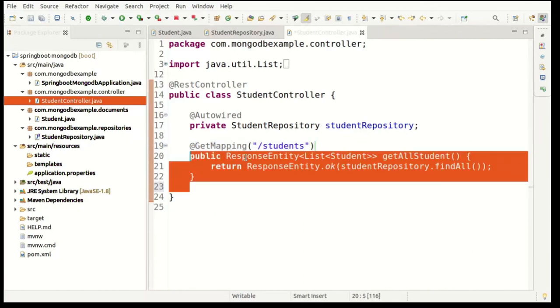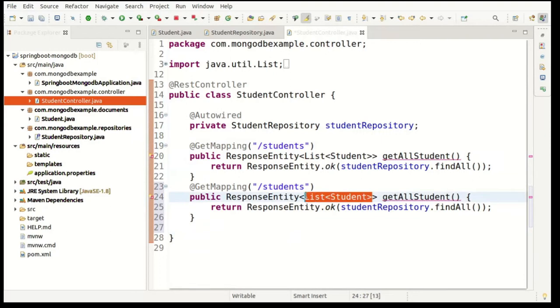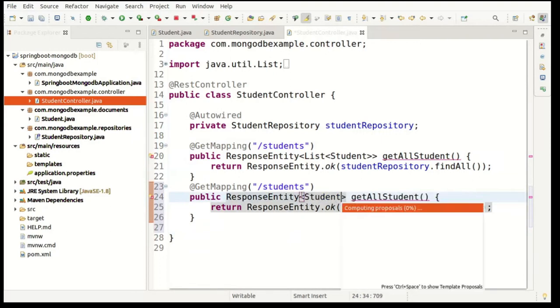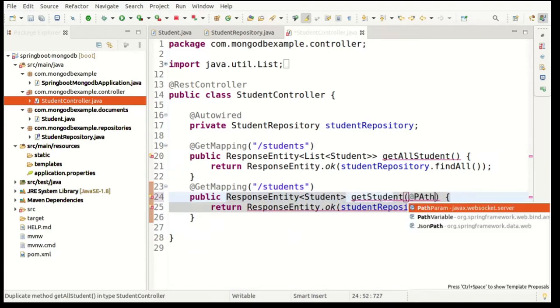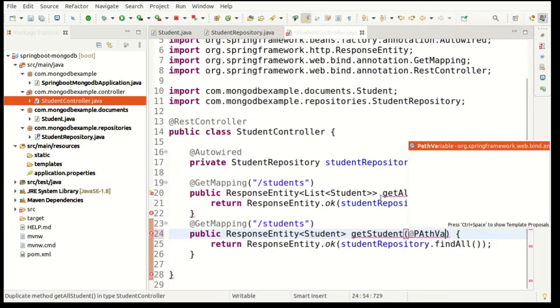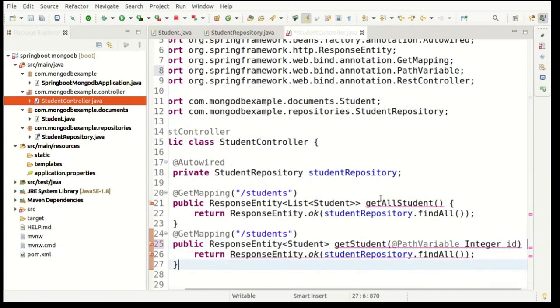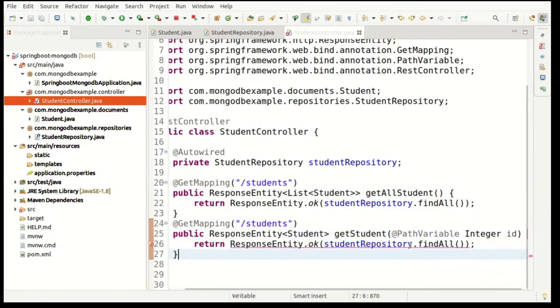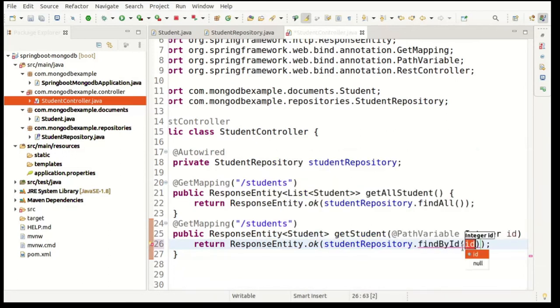Again, to get one specific student, it will return one Student. Just write Student, that's it, and getStudent. It will take one path variable, Integer id, and in this case return findById, and we have to pass the id.